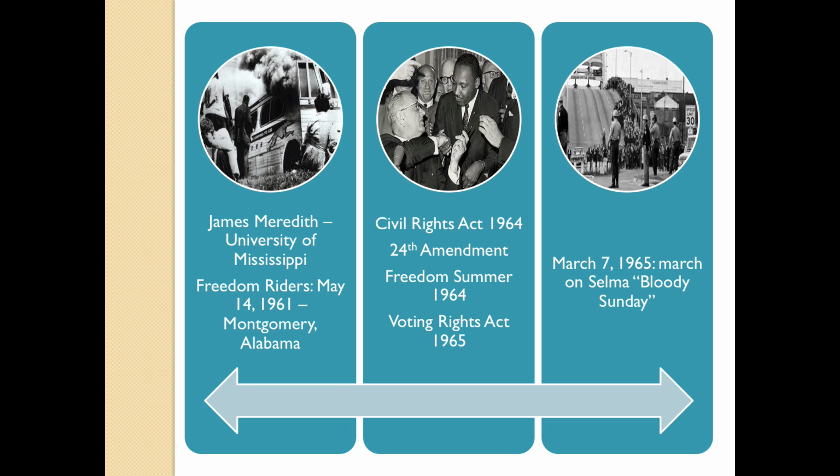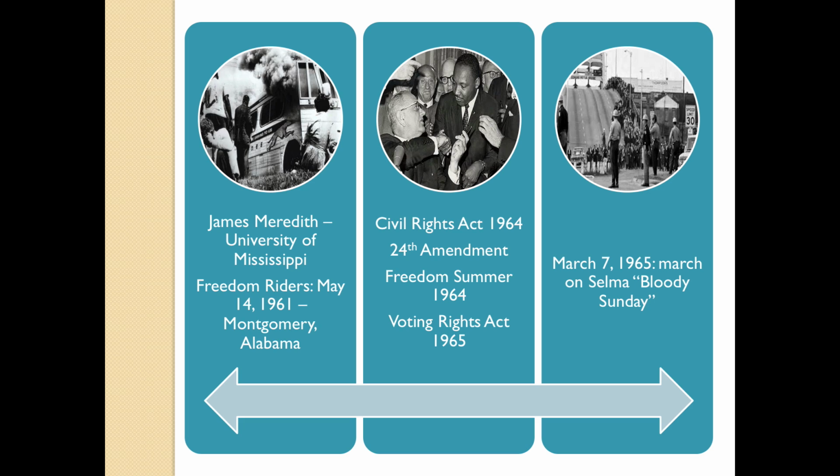Of course, when Lyndon Johnson becomes president, that's when we get really the height of civil rights movements. We get the Civil Rights Act of 1964, and one of the most important pieces of law that this creates is the EEOC, the Equal Employment Opportunity Commission, which we still have to this day. If you have a job, you must sign this piece of paper. It tells us that no one's allowed to deny people the right to work based on race, color, religion, ethnicity, gender, and even sexual preference today.